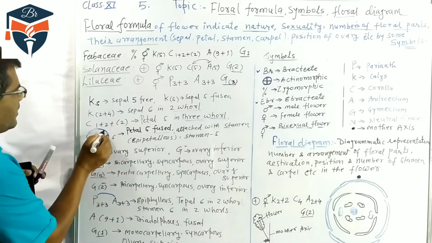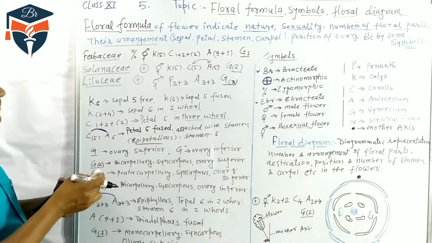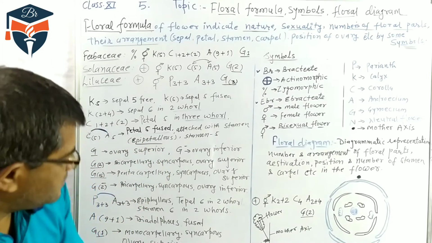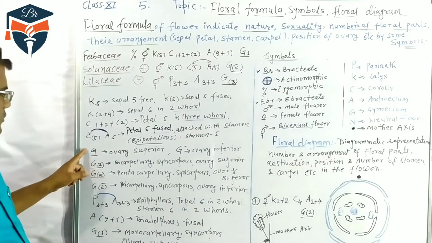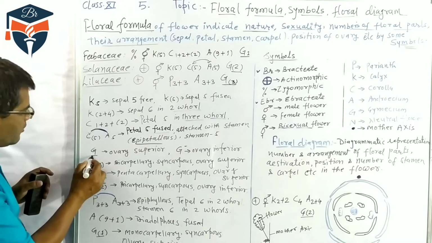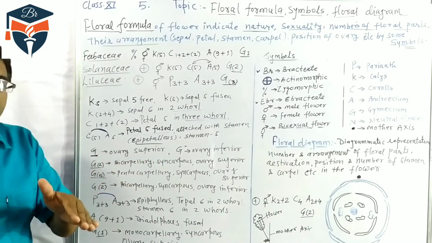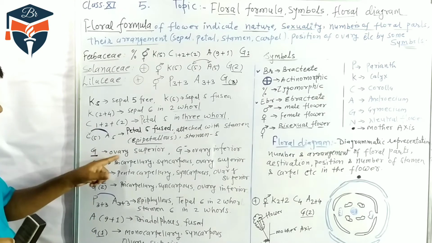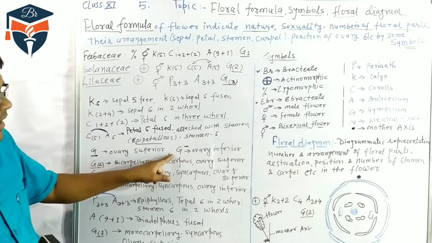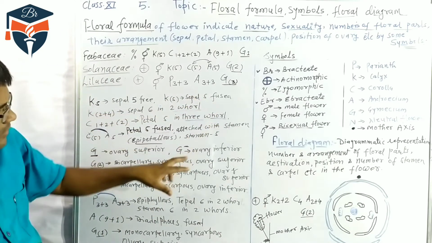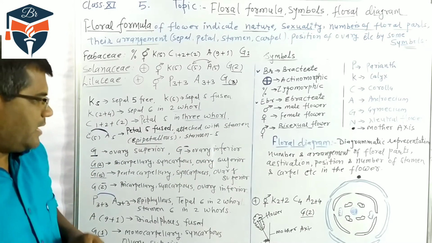So this is indicated by this line, stamen attached with the petal, and this condition is called epipetalous condition. Second part is G. G, as I told you, is for gynoecium. If there is one dotted structure below the G, it means ovary superior. It means the ovary is located on the thalamus. If the dotted structure is on the upper side, it means ovary inferior. It means the ovary is inside the thalamus.